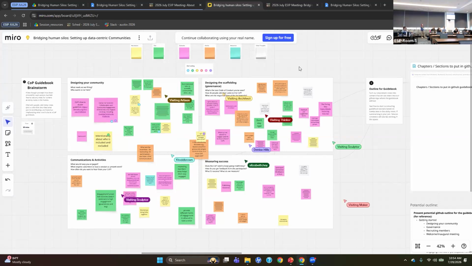There are different polling tools. We talked about Mentimeter. I thought about Slido, because I think the Slidos have been really engaging in ESIP. Shared notes documents as well, because they allow people to contribute without feeling pressure or stage fright. You want to respect the people that do show up, and if they don't want to talk, you should just thank them for their engagement anyway. And then also define the scope of what your group is so that people are there for a shared purpose.